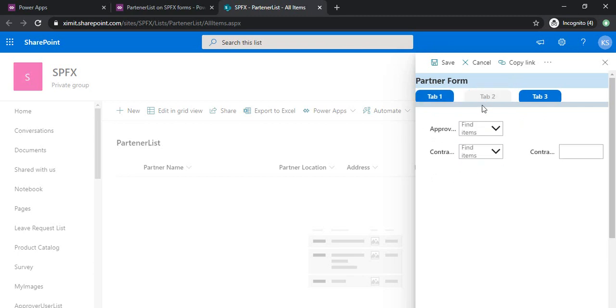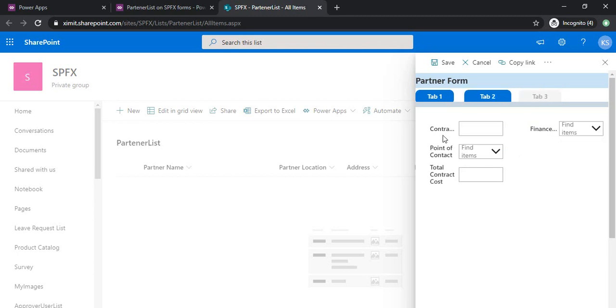And if I click on tab 2, then it displays another set of fields, which are trimmed off because we did not bother about the UI, but this approved by, this contractor's name and the contractor's detail. And the tab 3, we have the fields related to the finance, point of contact, the total contract cost, and a finance point of contact.